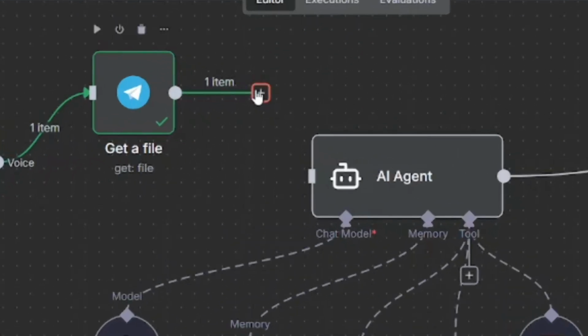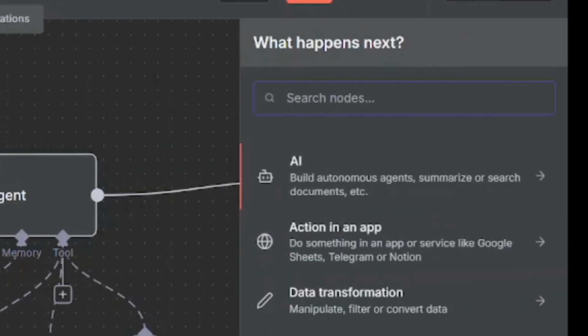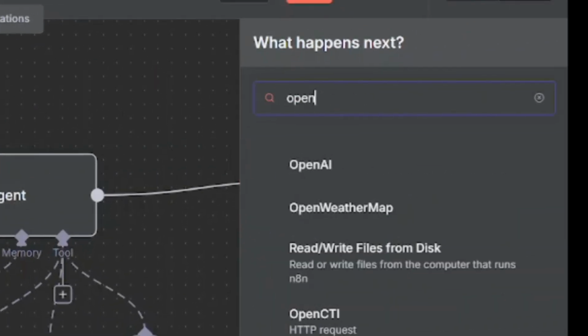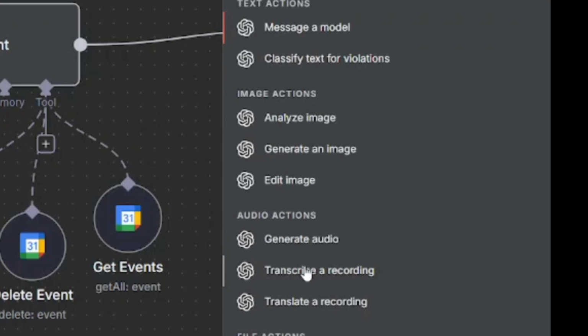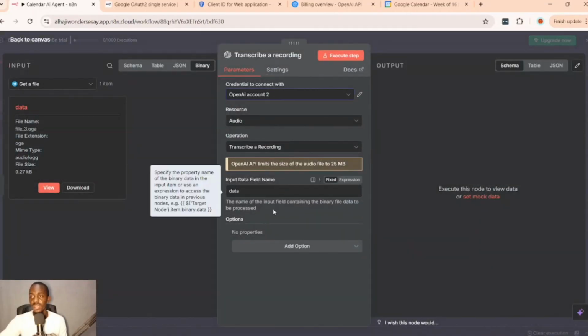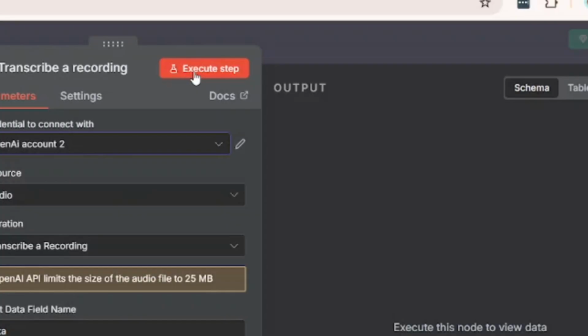So what we are going to do is transcribe it now. So we click the plus again. This time we search for OpenAI because OpenAI has a transcribe function. So we click OpenAI and then we look for transcribe a recording. And then click transcribe a recording. And then if you click execute step,